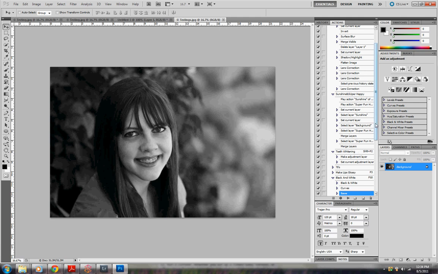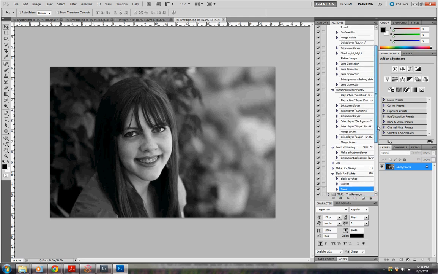Now, another useful tip, if you want to use that action just in normal editing and you don't want to save it every time, you can just unclick the little check mark next to save, and then when you run the action it won't ask you to save it, or it won't save it automatically. It'll just do the action. But make sure you always have save when you're doing batch editing,